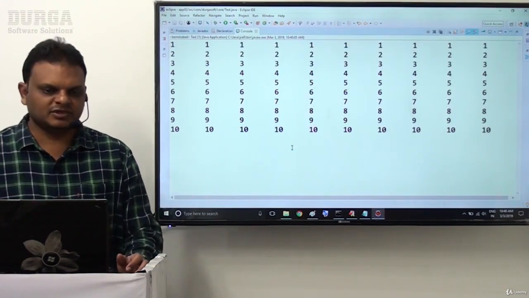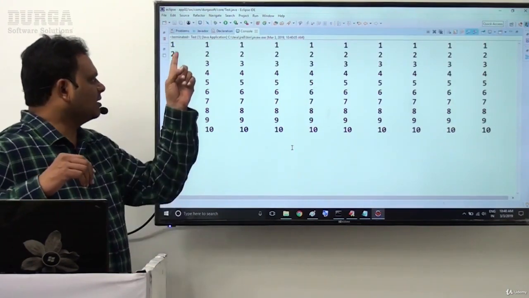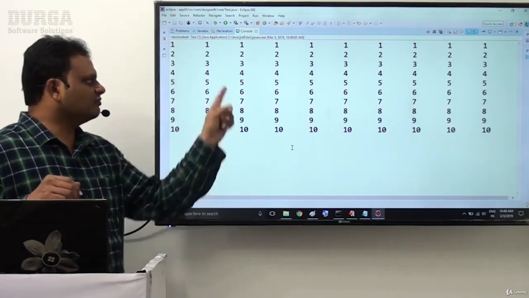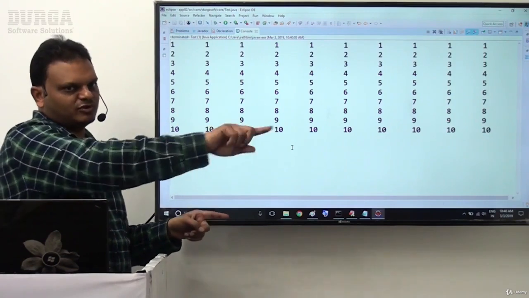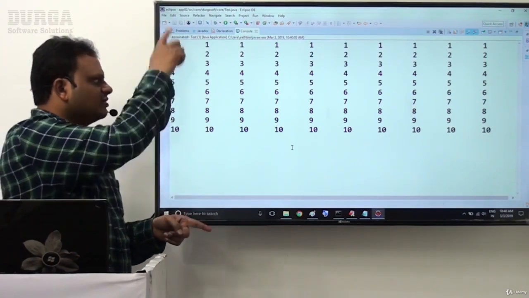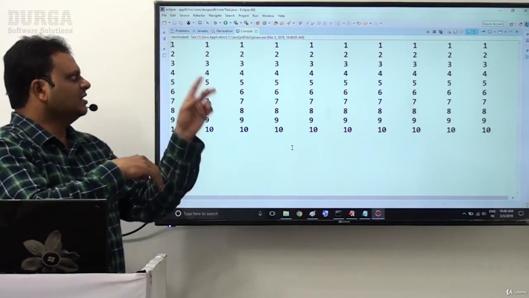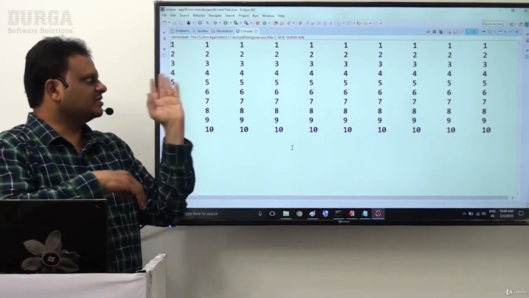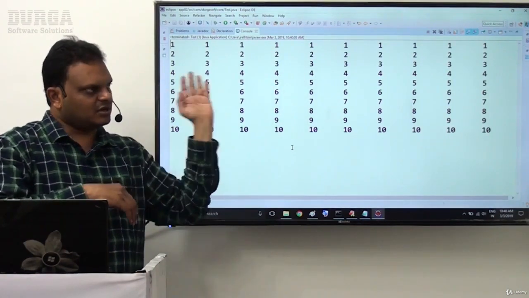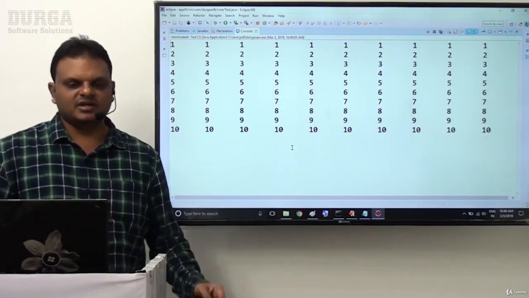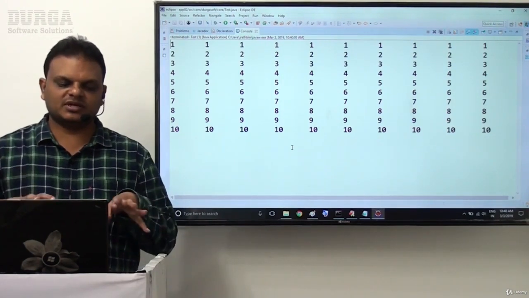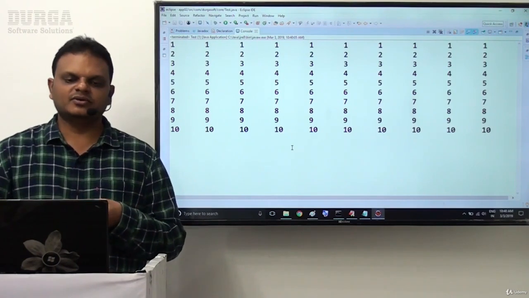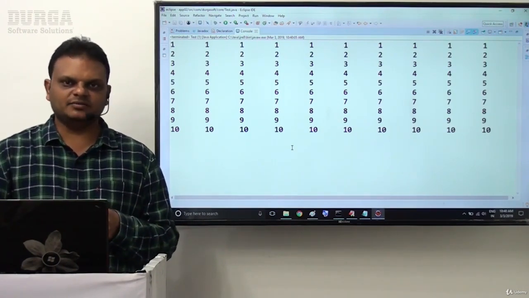Observe carefully. Understand this clearly now. Column-wise we are getting 1 to 10, 1 to 10, 1 to 10 like this. Previously we displayed horizontally 1 to 10, 1 to 10, 1 to 10. Now we are displaying 1 to 10, 1 to 10 column-wise. That means at the first row we are getting ones, at the second row twos, at the third row threes. Like this we are getting the values. Understand it clearly now. So this is exactly the pattern we get to display our values.